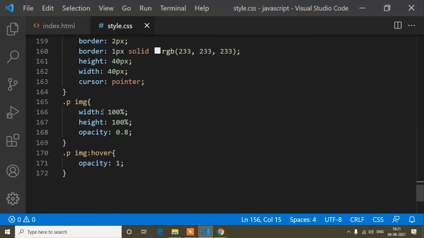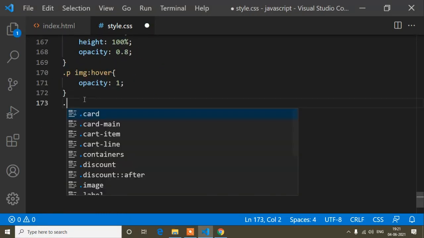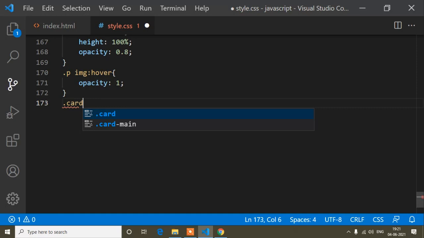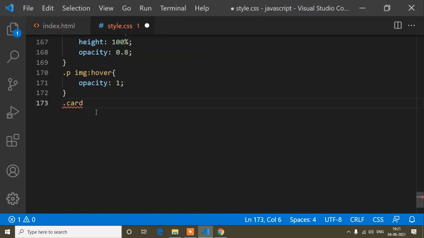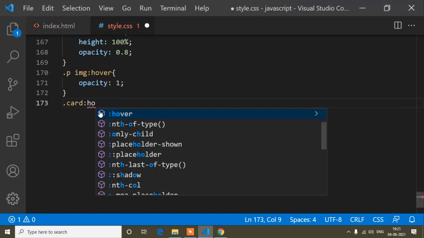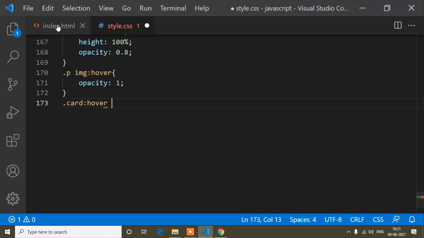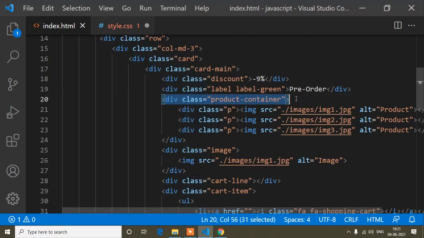So for that I will write card, because when I hover on this card, the animation will be added. So when I hover on this card, with .card:hover, I want to show this product container class, which I just hid using opacity 0.